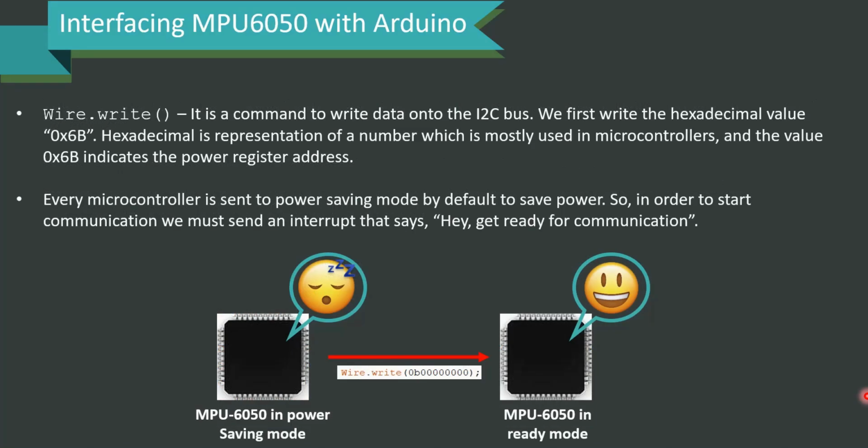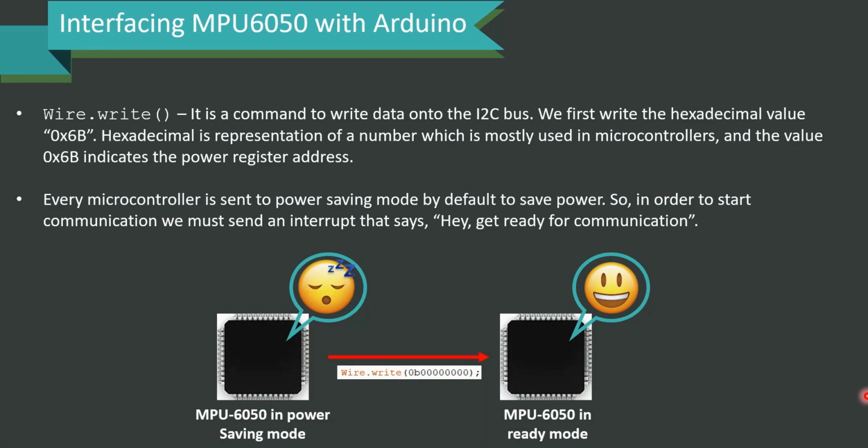Wire.write is a command to write data onto I2C. Remember, wire.write is a command to write data onto the I2C. We first write the hexadecimal value 0x6b. Hexadecimal is a representation of a number which is most commonly used in microcontrollers, and the value 0x6b indicates the